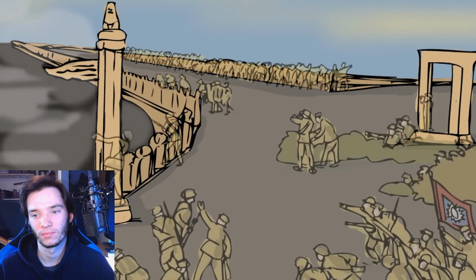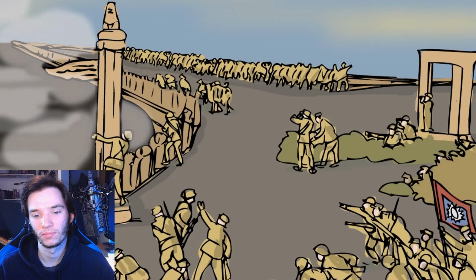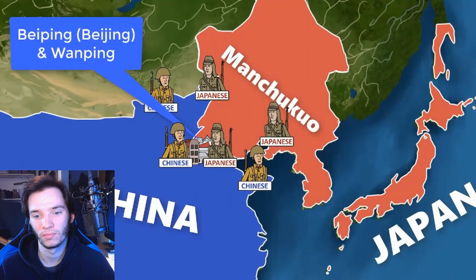In the resulting confusion, shots were exchanged, and after the skirmish ended, the Japanese noticed one of their men was missing after a head count. When the Chinese refused to allow them to search the city, the Japanese attacked the city head-on, trying to cross the bridge. On July 20th, Japan began bombarding Wanping, and by the end of the month had taken Beijing and